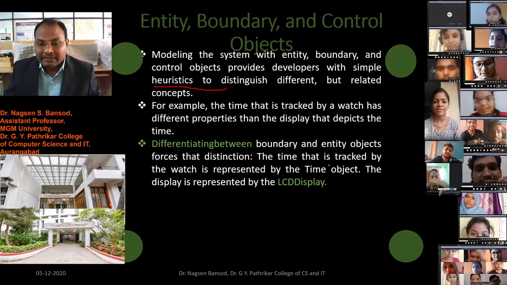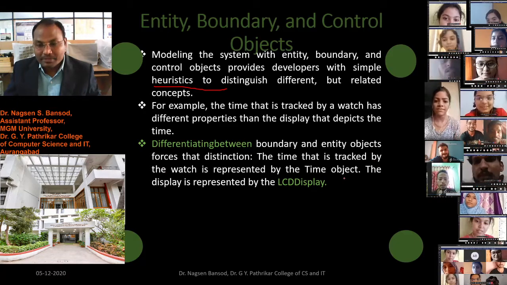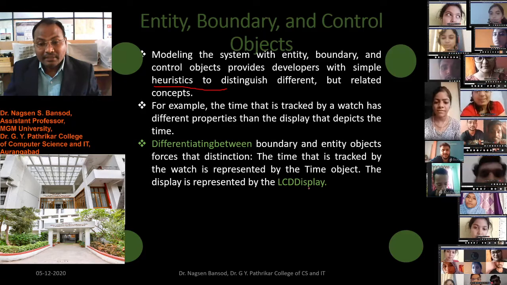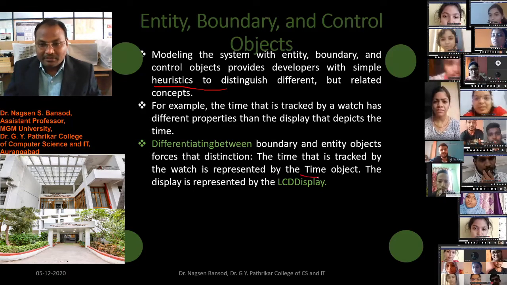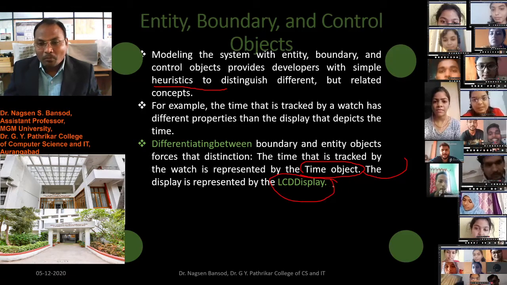The time that is tracked by the watch is represented by the time object, and the display is represented by the LCD display. This time object is the entity and the display object is the boundary.